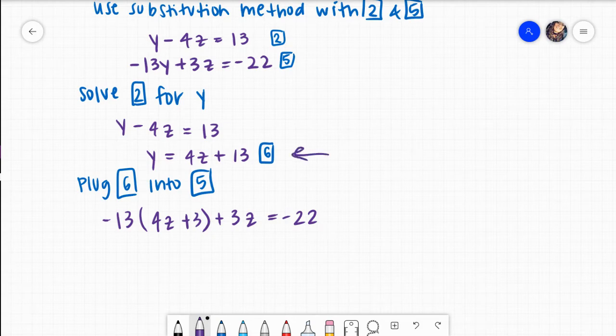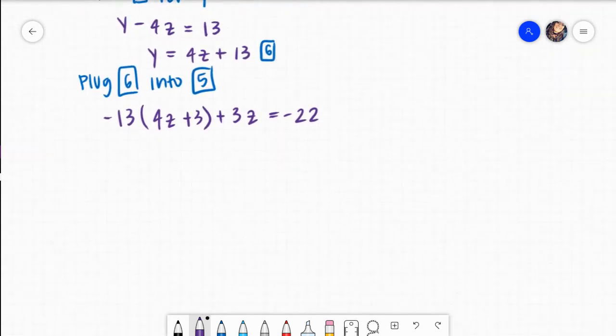Here I had two variables. I couldn't just solve for y, right? I've got an expression because I have two variables. But my goal is still trying to get to x equals or y equals or z equals, okay? So let's go ahead and distribute this 13 into that binomial. If you do 13 times 4, what you get is 52. Signs are different, so it's negative. And z times z is z, right? Don't forget that variable. And then if you do 13,